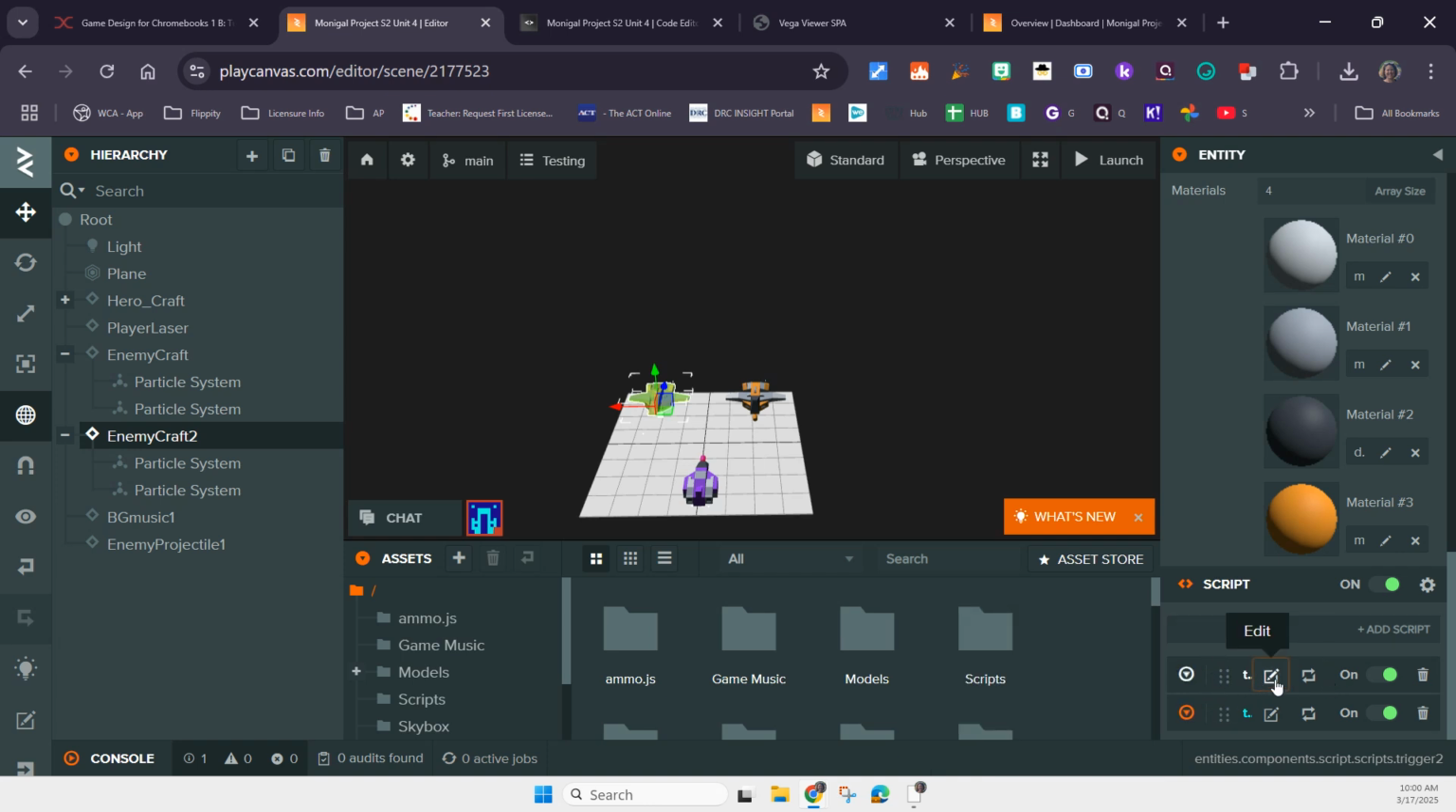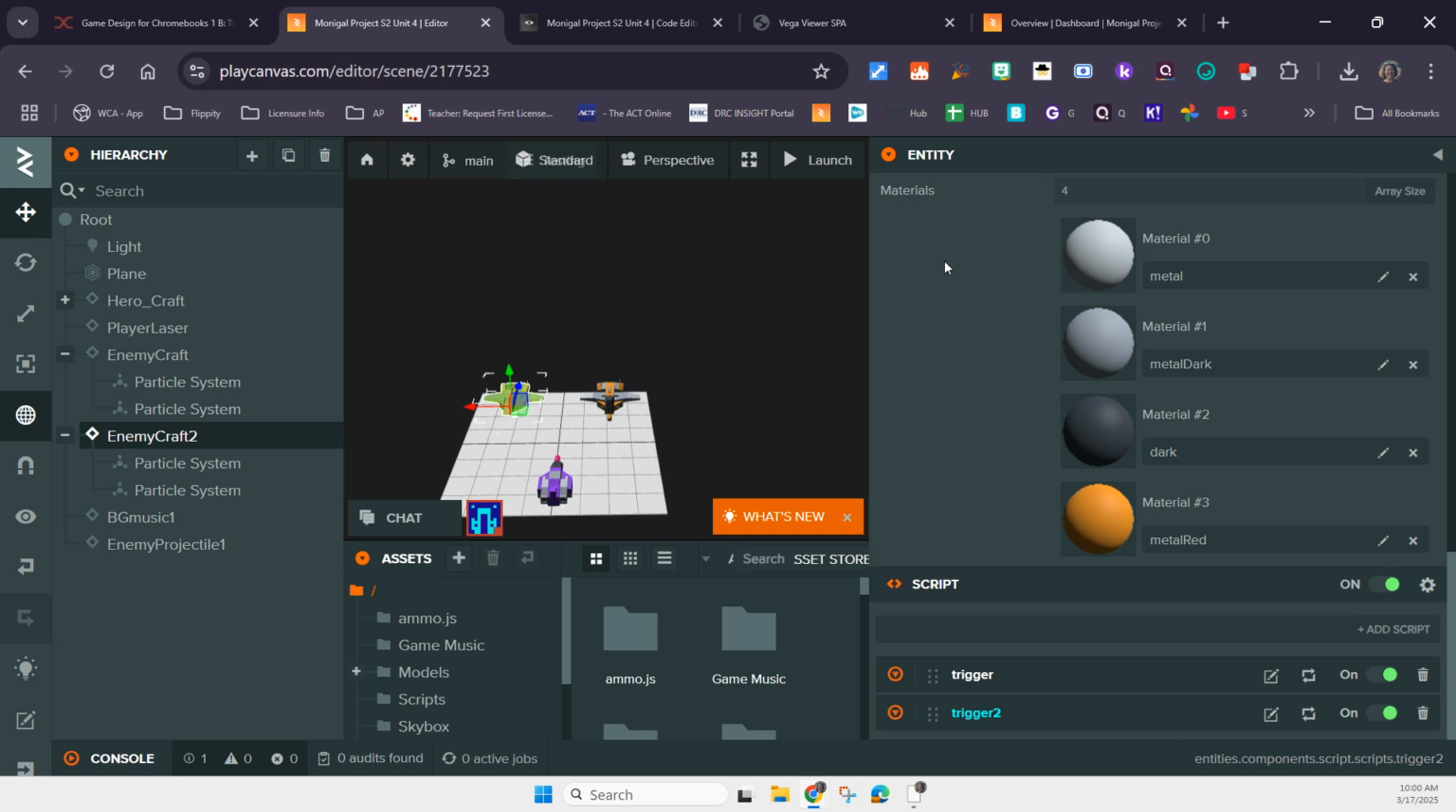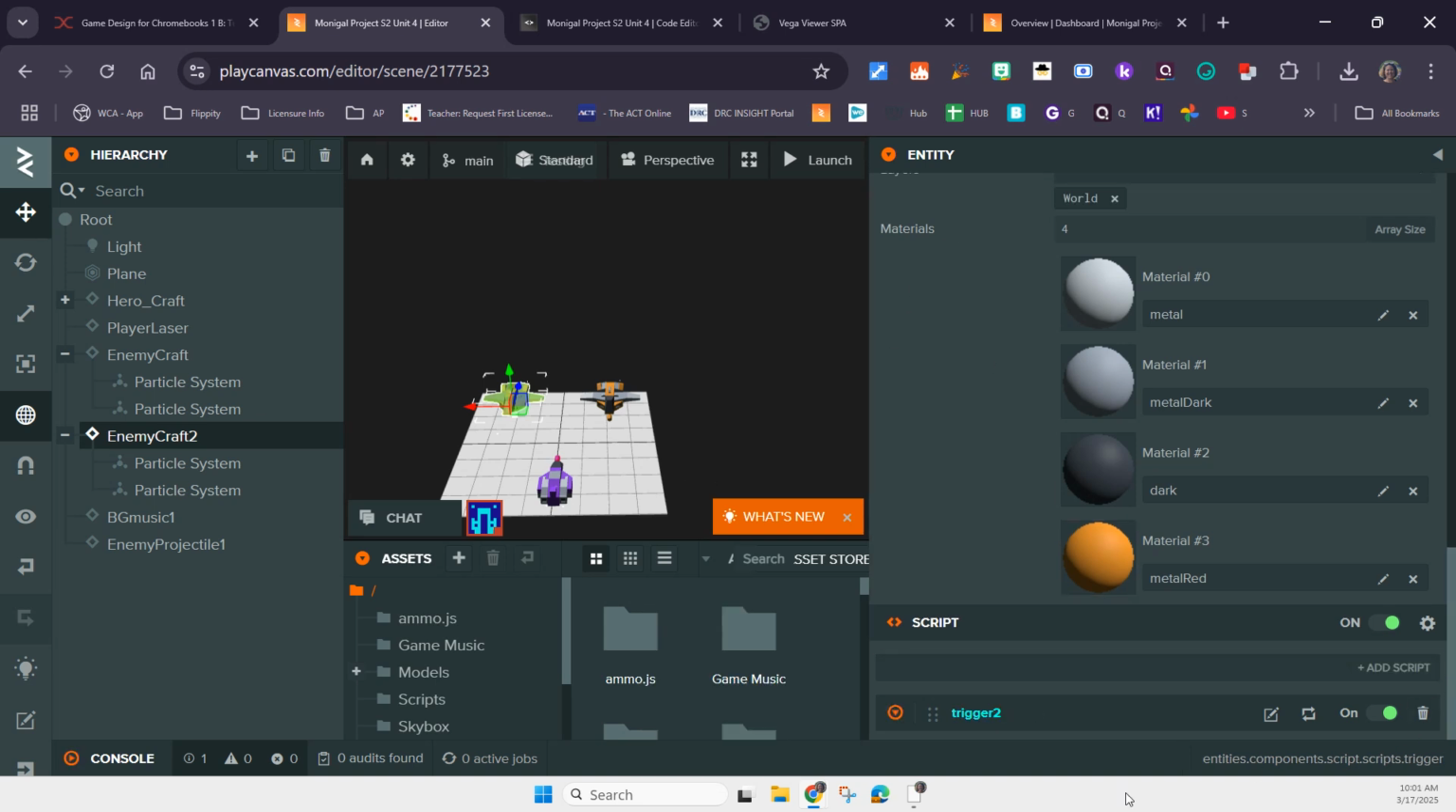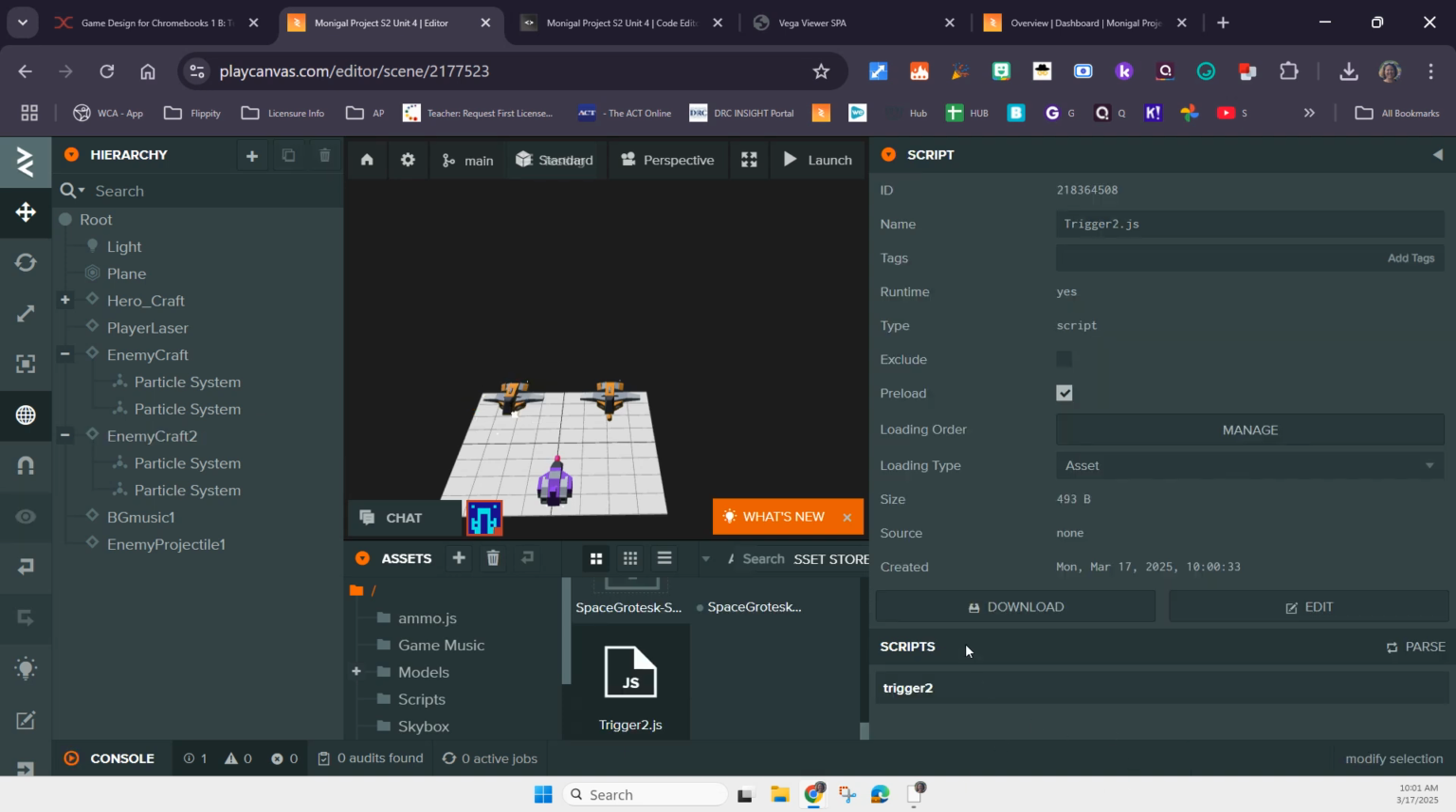And I'm going to make sure I remove the right one. What I noticed is I can only see the T here, but if I widen the entity, now I can see that. And I'm going to remove the trigger. Now trigger 2, if I open that up,